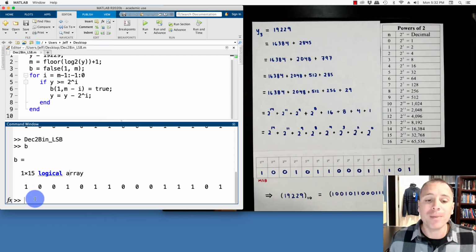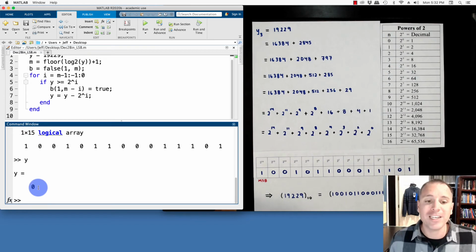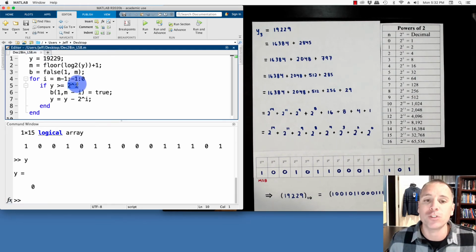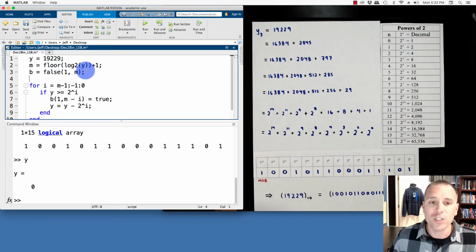Now, one problem is that if I were to check y to begin with, I've run y down to the ground, because every time I'm re-updating the value of y, I'm taking away the powers of 2 that I find. I might not want to do this because after my algorithm is over, I might want to check the output that I get against the original value. So this is where I might want to use a temporary variable.